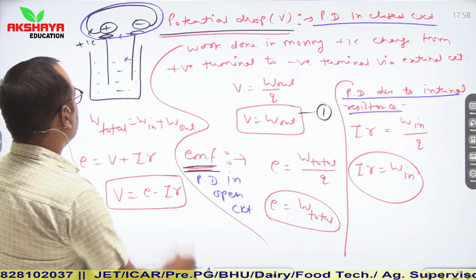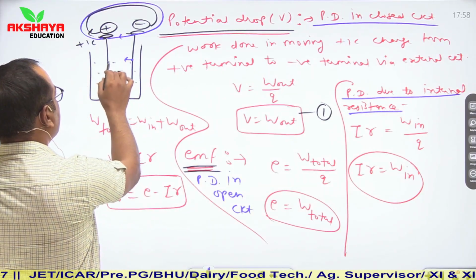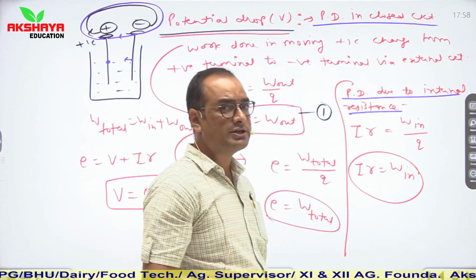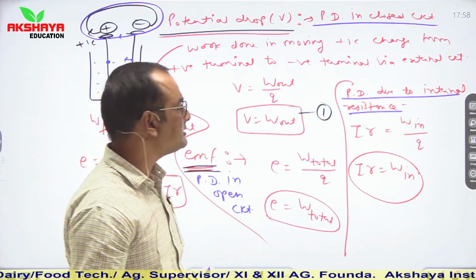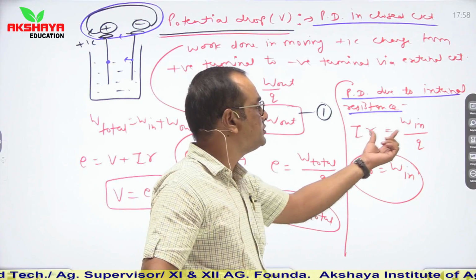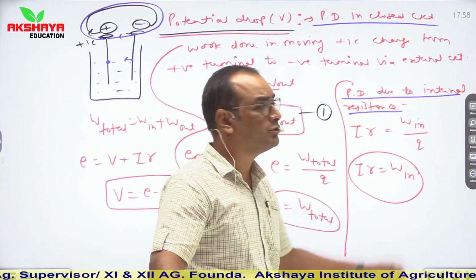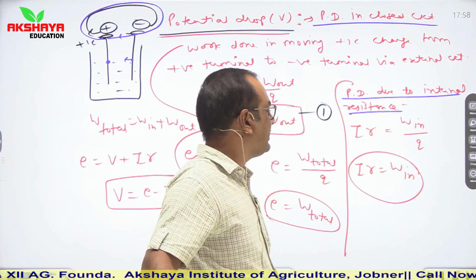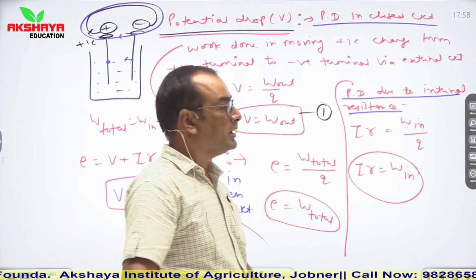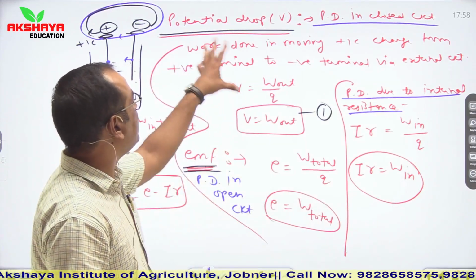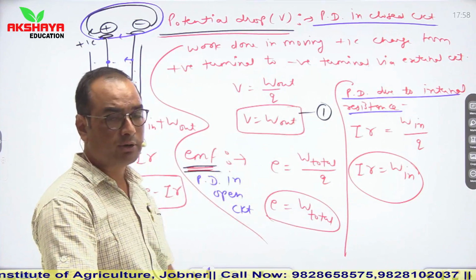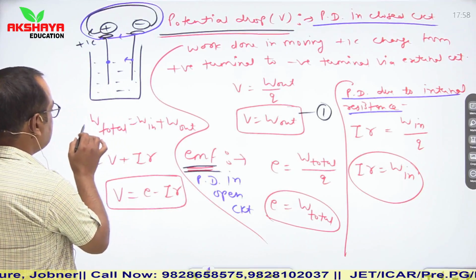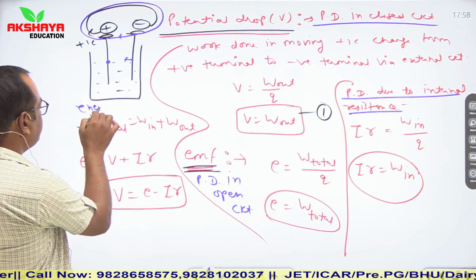In that case, a potential difference is produced which is known as I into R. So I is current flow, R is internal resistance, and this is produced due to internal work done in moving this unit positive charge. So W in upon Q, so if Q is equal to plus 1 coulomb, then we can say that IR is equal to W in. So here if we place relation in potential drop EMF and potential drop due to internal resistance, then we can use simply energy conservation. So this is the concept based on energy conservation.